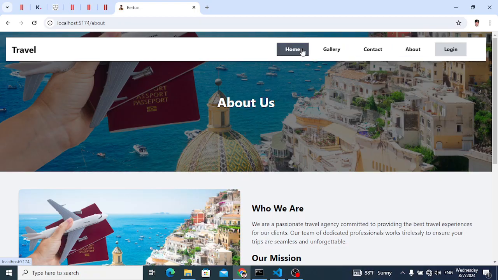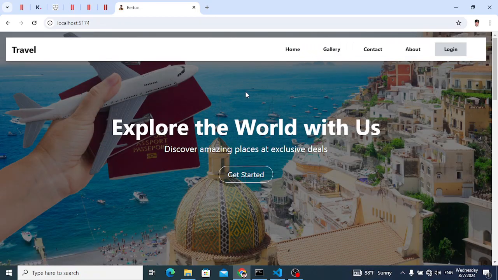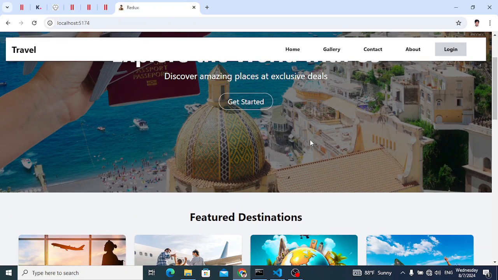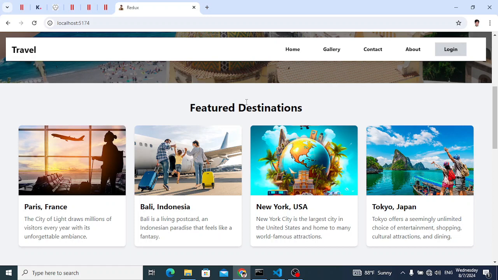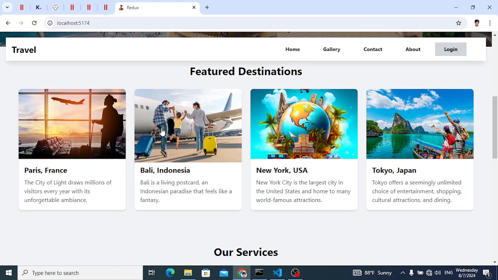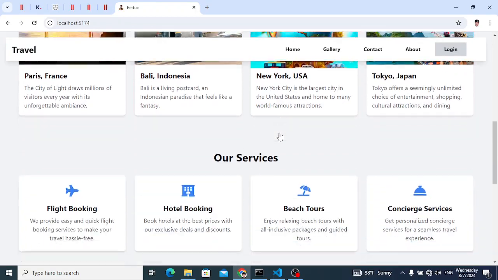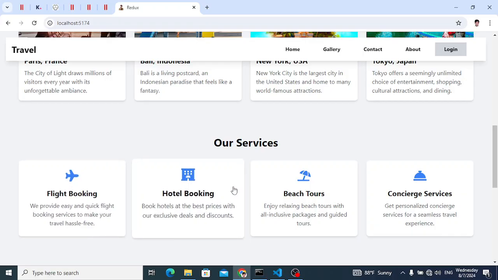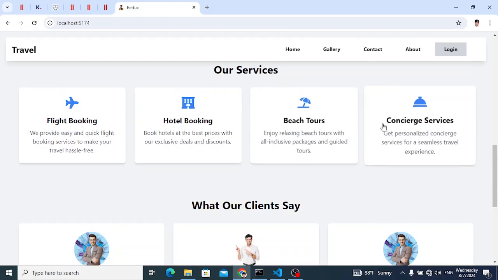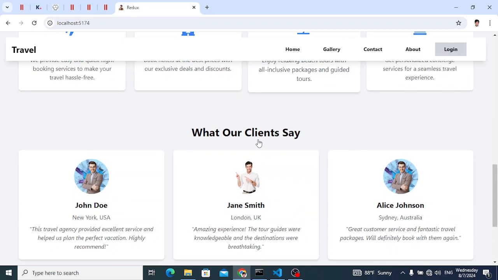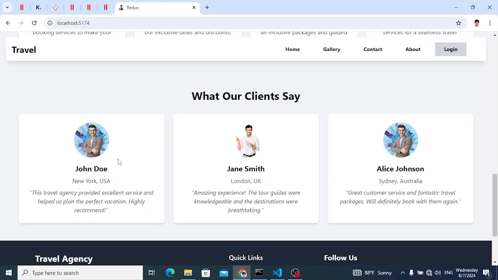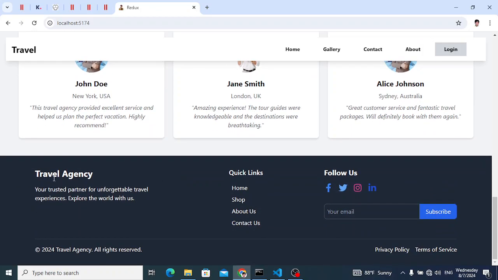So we can go to these links, and down from the Navbar, let's come here. This is the center, the text that you should just write, and a button, get started. And featured destinations, it means popular destinations: Paris, Bali, New York, Tokyo. Our services: flight booking, hotel booking, beach tours, and concert services. What our clients say, okay, this is all about the clients, who say about the travel website, and the footer that